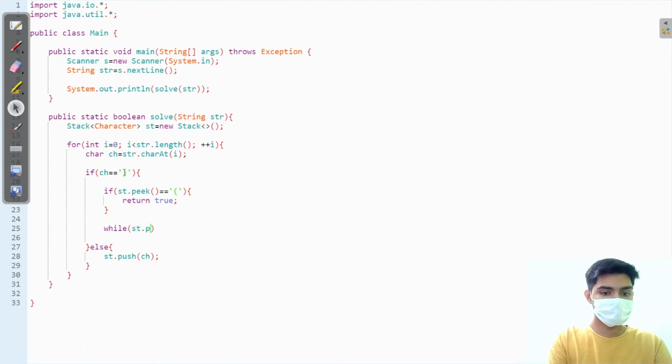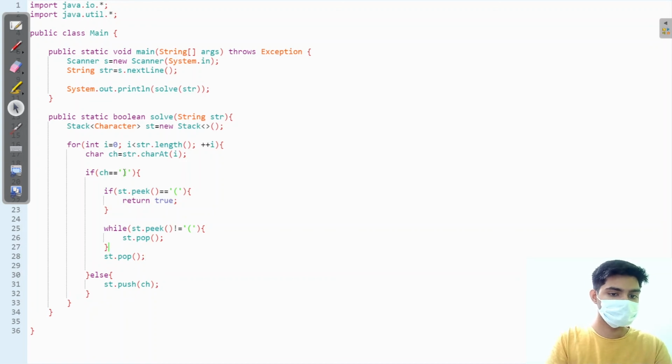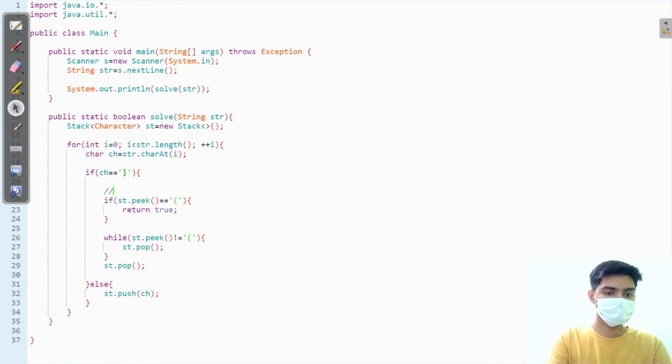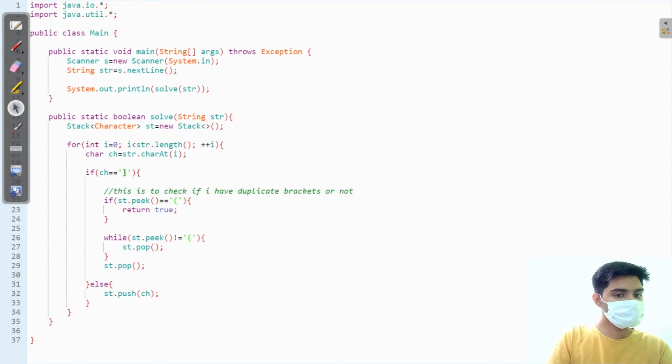Else, I will pop every element till I find an opening bracket, and I have to pop the opening bracket as well. All right. This is to check if I have duplicate brackets or not. Okay. Now, if this loop runs completely fine, if it doesn't return true, then I can just simply return false because it does not have any duplicate brackets.